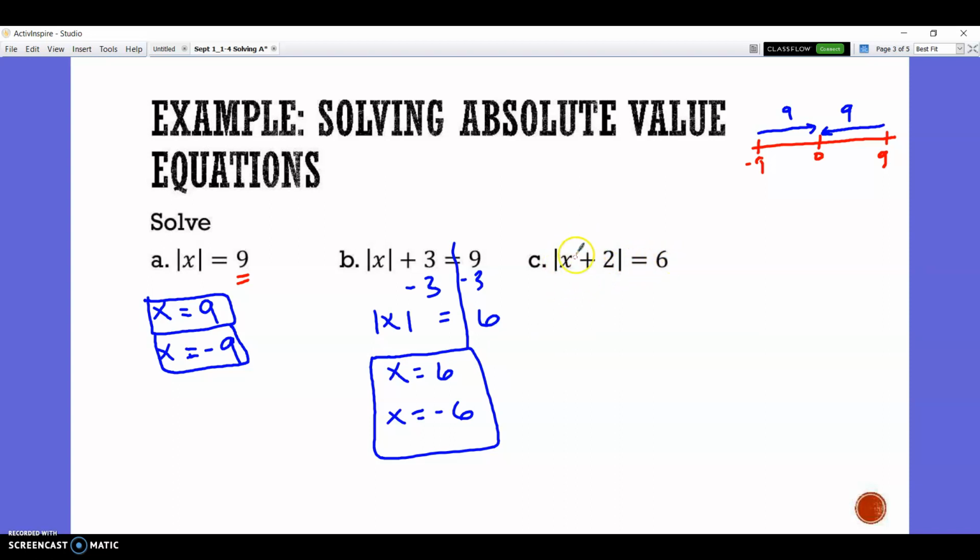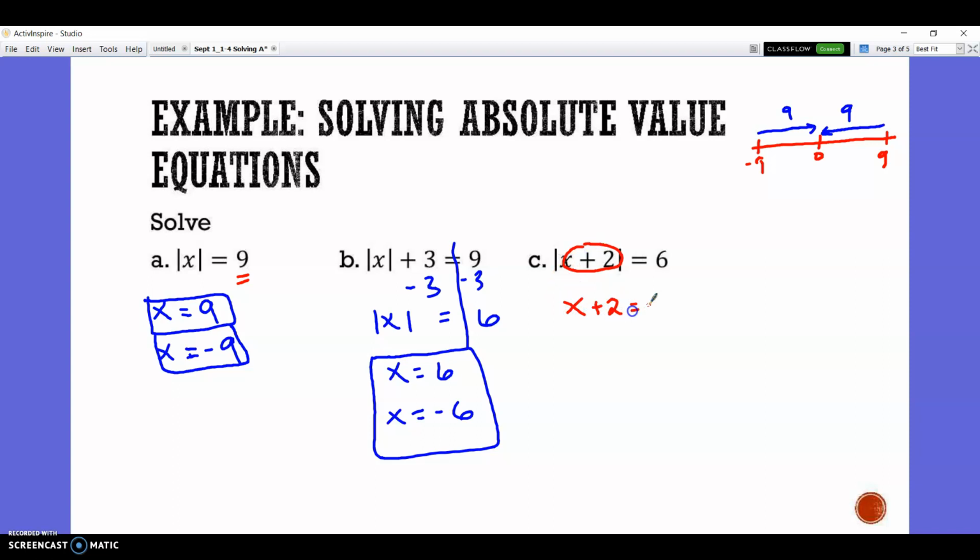Okay, so this means whatever is inside this absolute value has to have an absolute value of 6. There's two numbers that have an absolute value of 6. So what I'm trying to do is just pretend that this is just absolute value of something. The absolute value of some number is 6. That number has to be either 6 or negative 6, which means whatever's inside here, whatever this is, can be